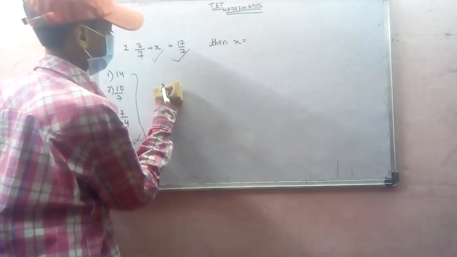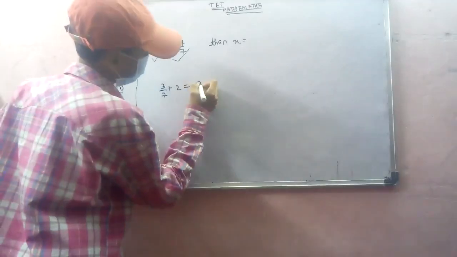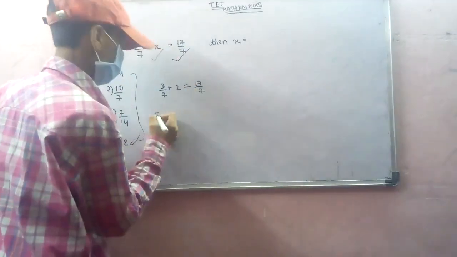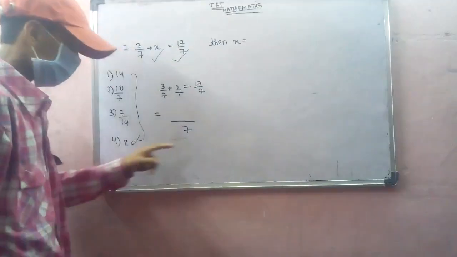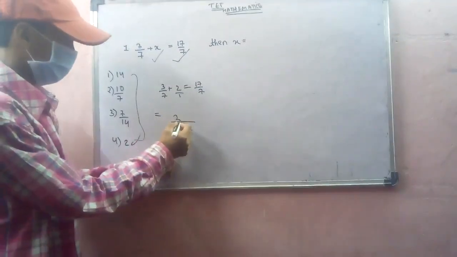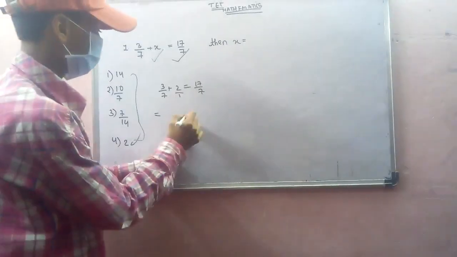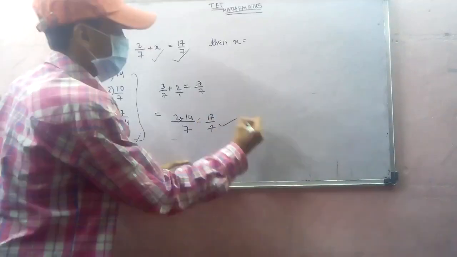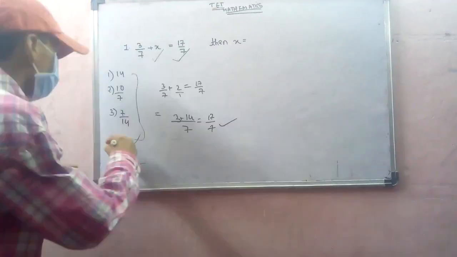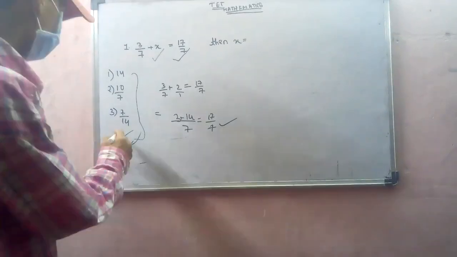So 3 by 7 plus 2, will it give 17 by 7 or not? See here, denominator 7, 3 plus, 7 twos are 14, 3 plus 14, 17 by 7. So when we put the value 2, it absolutely gives the answer 17 by 7, which means option number 4 is